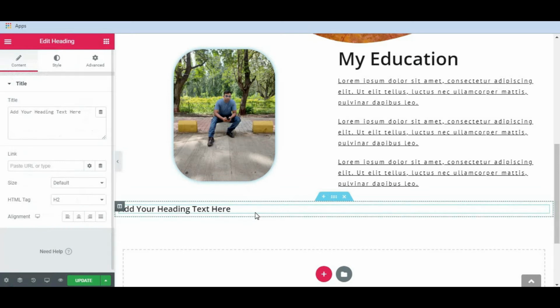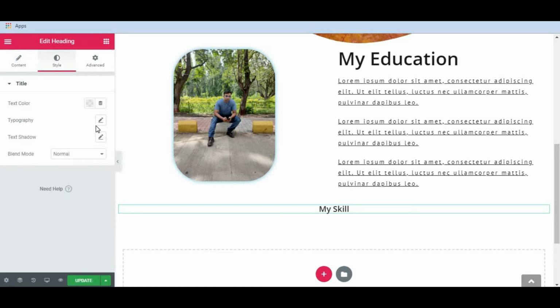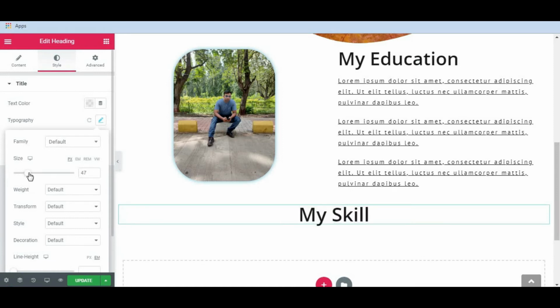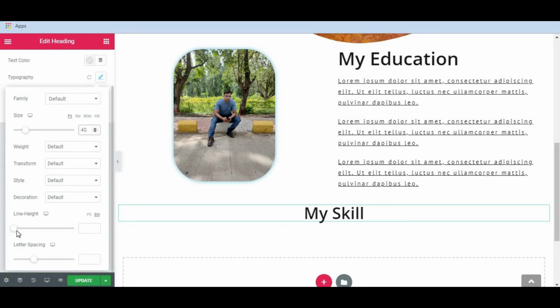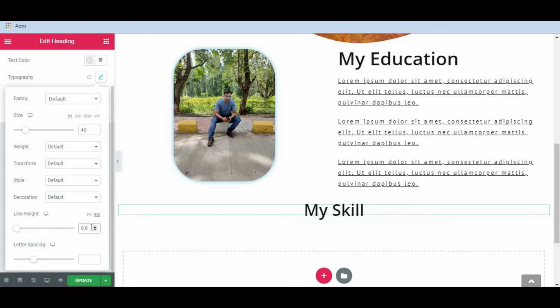Okay, now I am going to add my skills. Here we go. Alignment center. Go to the style. Here is a typography and increase the size. Let's make 40. Okay. Here is a line height. From here you can increase the line height, but I will keep default.